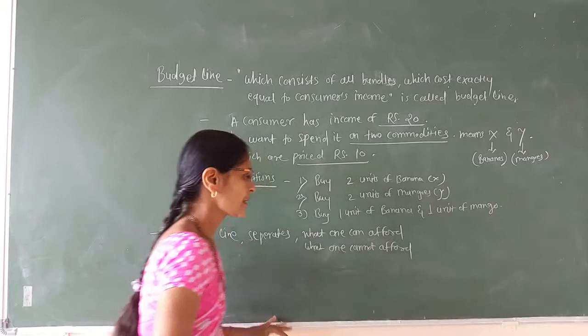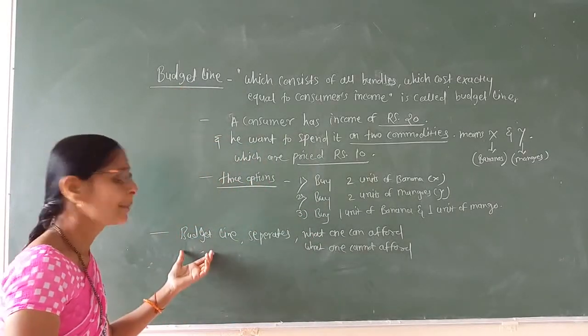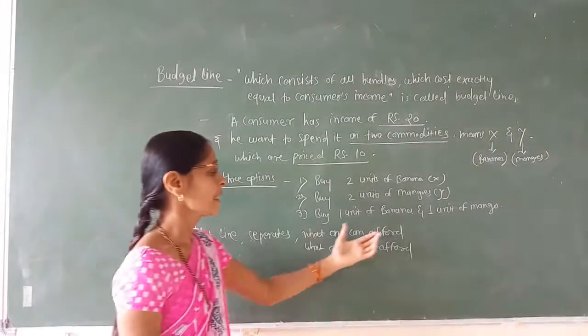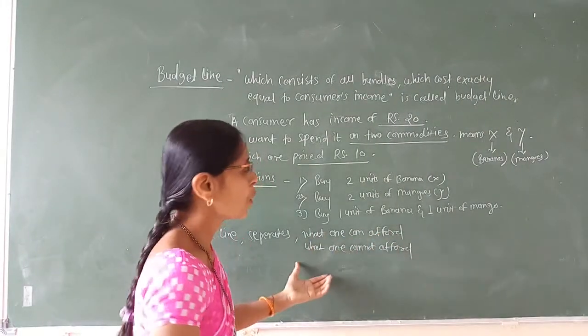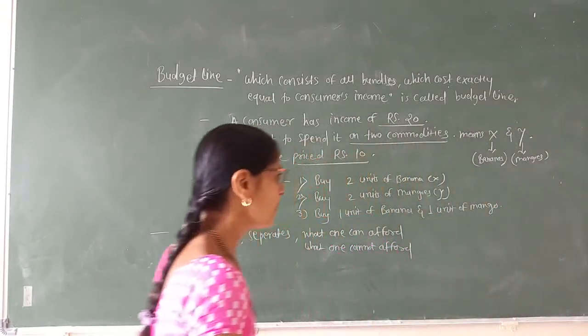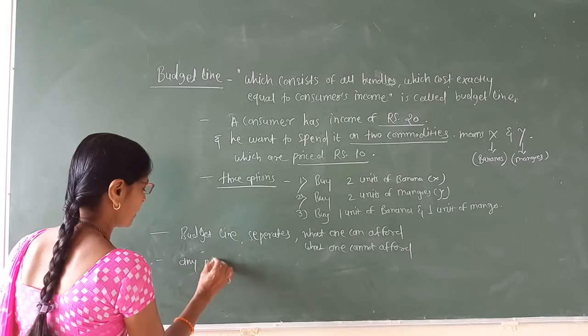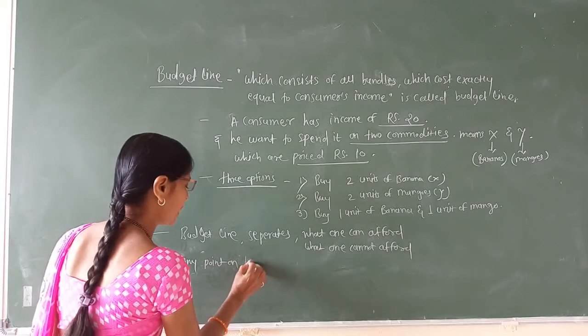See students, the budget line separates what one can afford or what one cannot afford. Means any point on the budget line